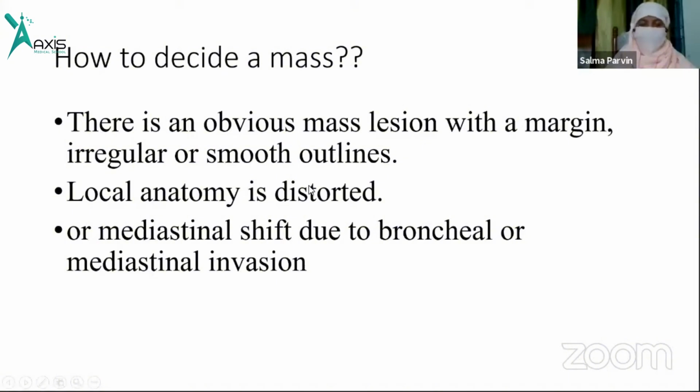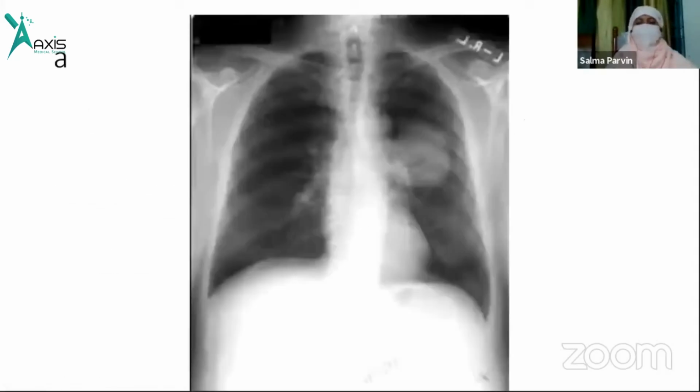Let's go through slowly so that at the end of the day we can have an assessment of the presence of any possible mitotic lesion. Here is the thing I have discussed, that there is an obvious lesion. This lesion is a perihilar lesion with hilar involvement, partially at least. And you see, this lesion has got a definite margin.